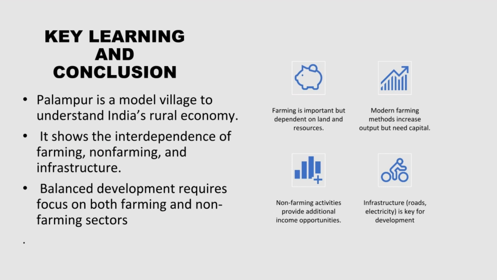Key learning and conclusion. Palampur is a model village to understand India's rural economy. It shows the interdependence of farming, non-farming, and infrastructure. Balanced development requires focus on both